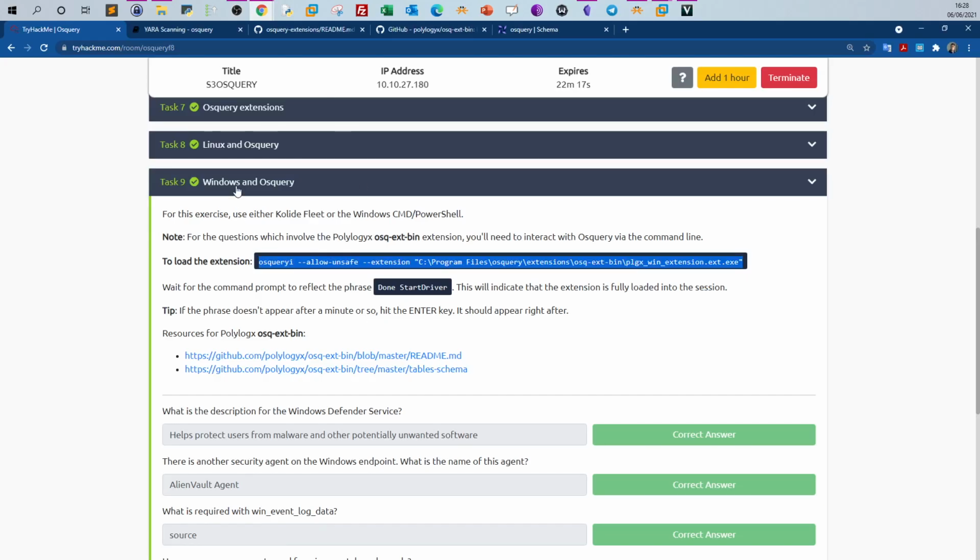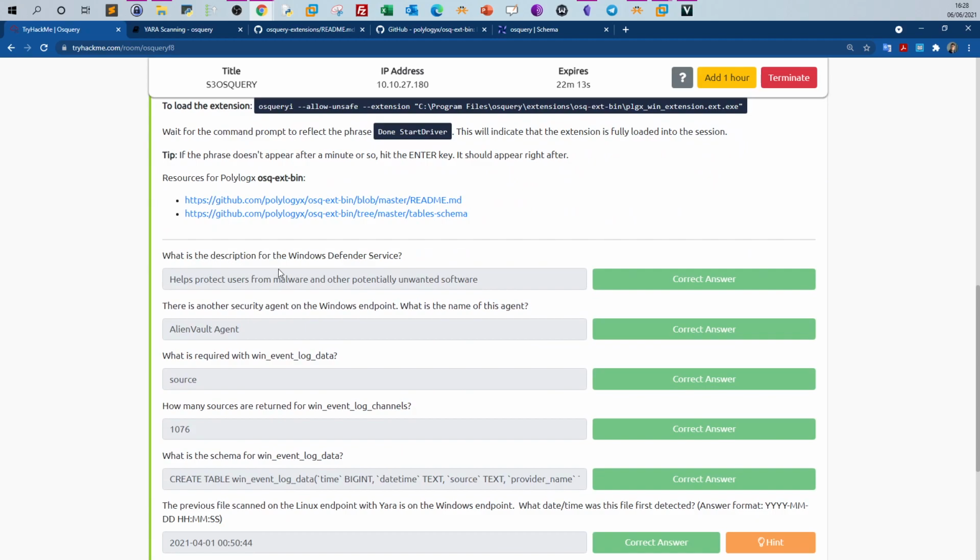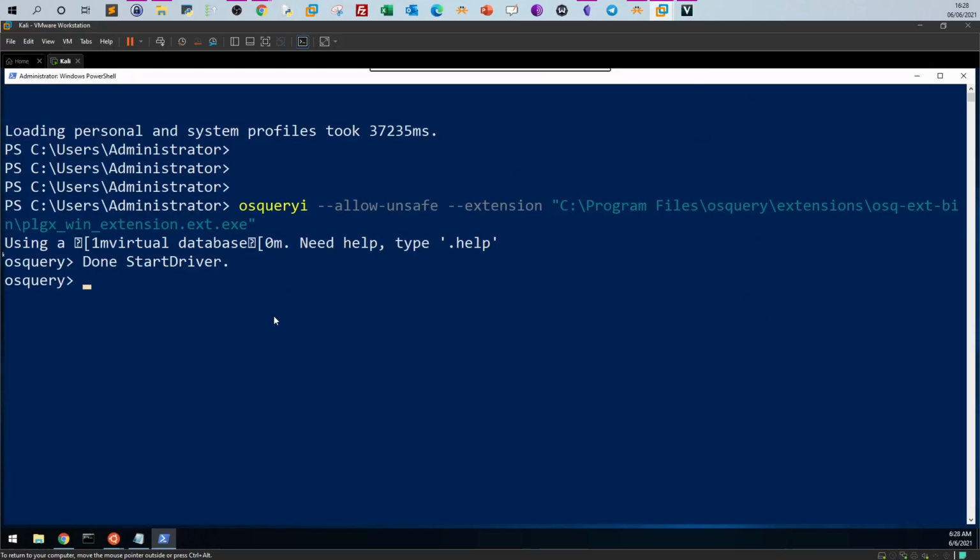Okay, back to the first question now. What is the description for the Windows Defender service? So it's asking us to get information about Windows Defender, specifically its description. We have to query the right table. The right table for querying information about services is the services table in Windows. So the right query would be select, and I would like to query the name and description of the service. I would type name, description